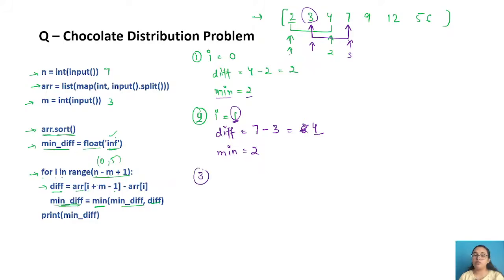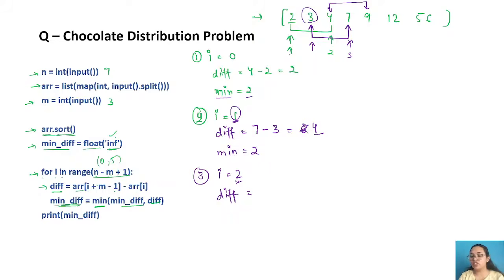Okay. Now the same thing is going to happen for loop 3, where I is equal to 2. And now my pointer will move from this to this, like 4 to 9. Now again we'll try to find the difference. So again difference is equal to I plus m, where I is 2, because 2 is the starting point for that window. So 2 plus how many students are we considering? 3. So the size is 3.